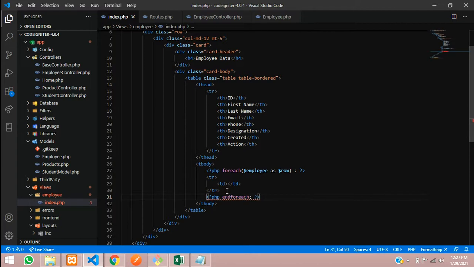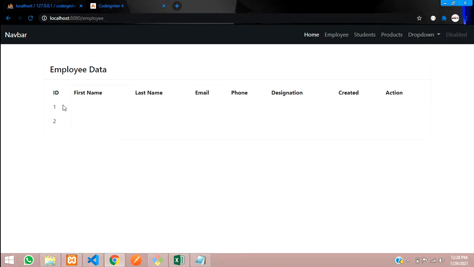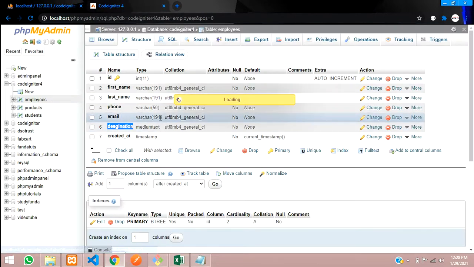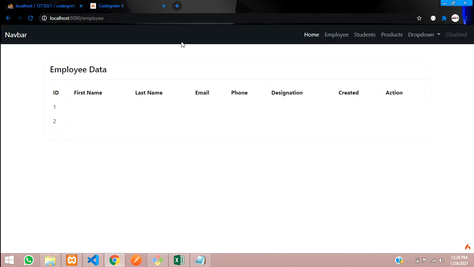Oops, just remove that parenthesis, and now over here you are going to fetch the record. So let's copy this $row and echo that. So this is a shortcut method to echo, where I'm going to echo the ID. Save, and now let's refresh and see. Let's refresh. Over here you can see IDs 1 and 2 are coming. So let's fetch all the details of it over here. Right now we have inserted 2 records, right? So let's see now.